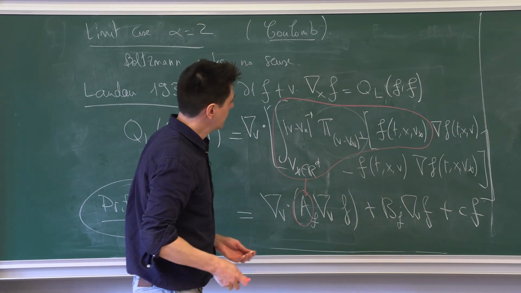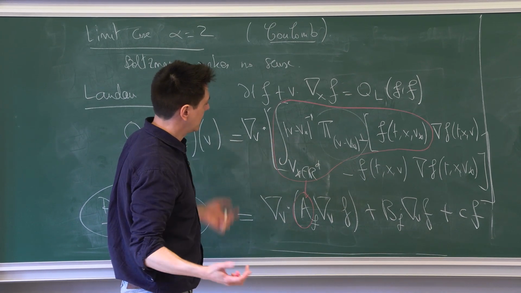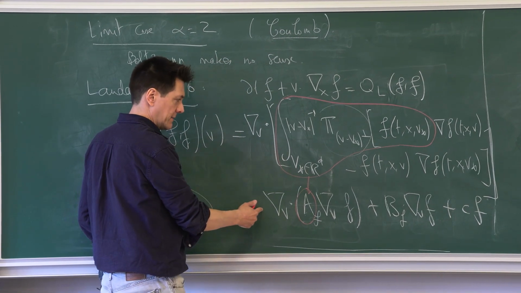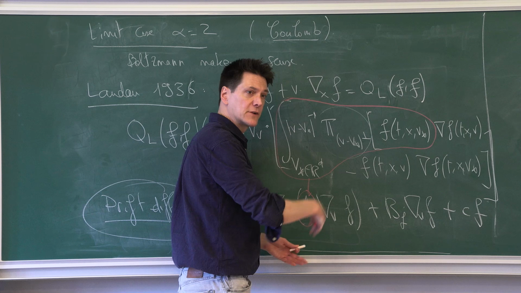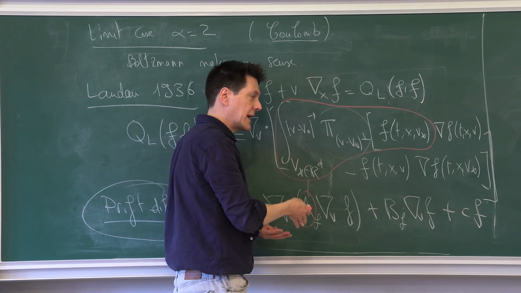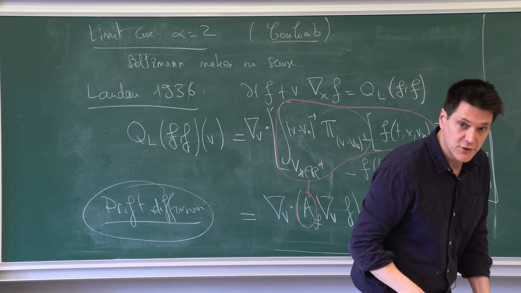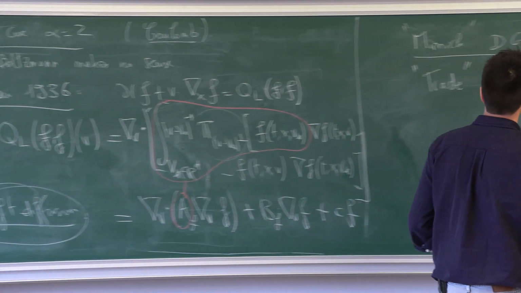Okay? So when I say you trade, you will say, okay, let's ignore that it depends on f, and let's first try to understand that linear equation with rough coefficients. And then try to bring it back, to go back to the nonlinear problem, and to try some bootstraps. So this is what we mean by exporting the De Giorgi-Nash-Moser theory.